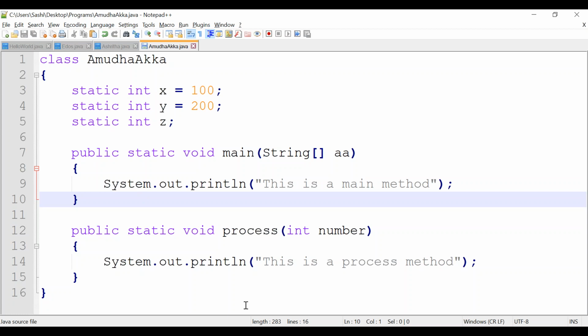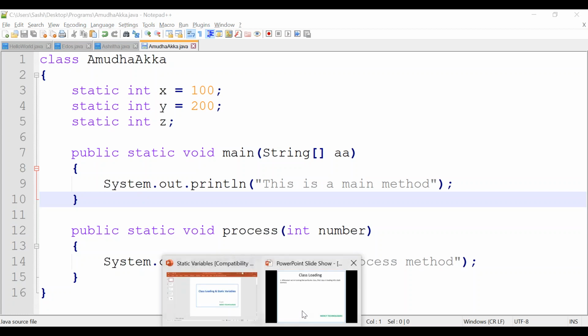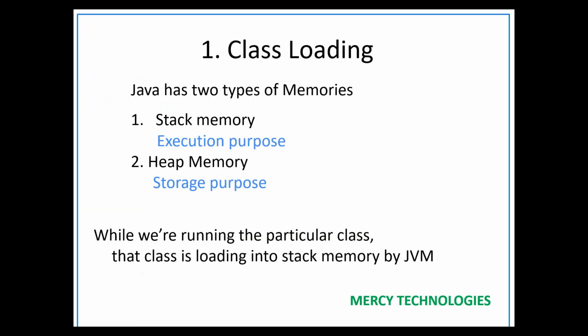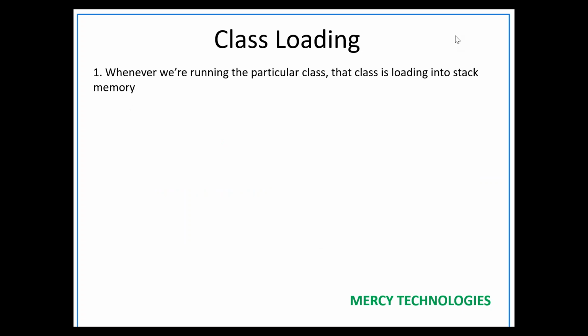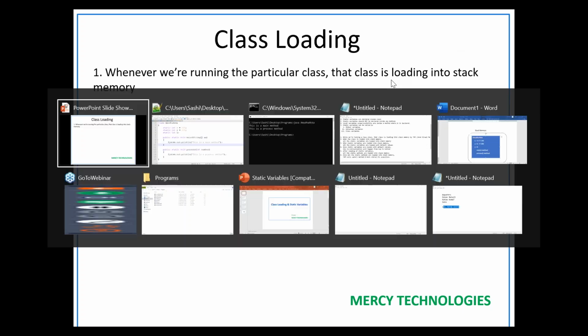Let's quickly recap all the points again from the beginning. So what we have seen, there are two types of memory. Stack memory is for execution purpose. So far we are seeing only stack memory. Whenever we run a particular class, that class is loaded into stack memory, correct? That is the first point.